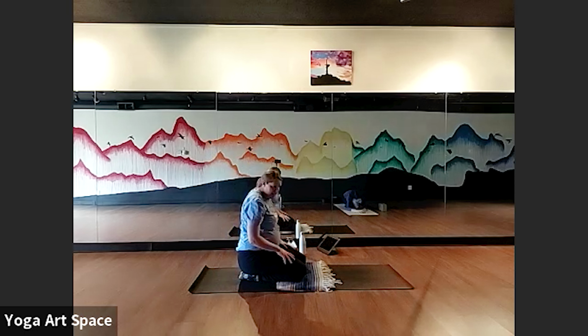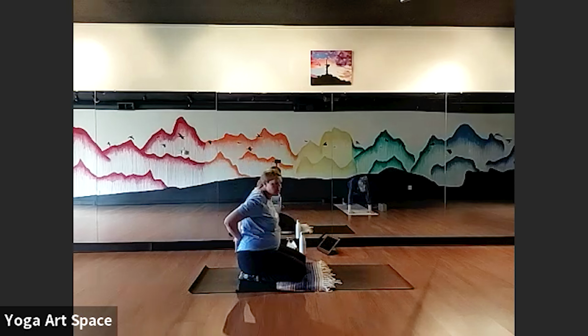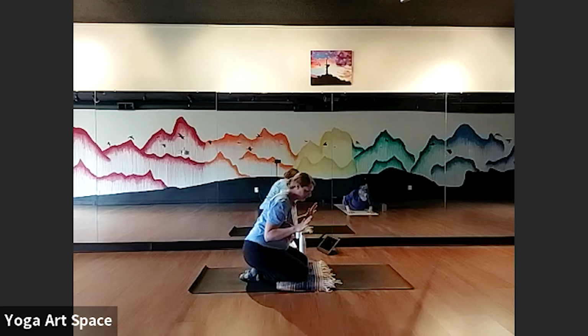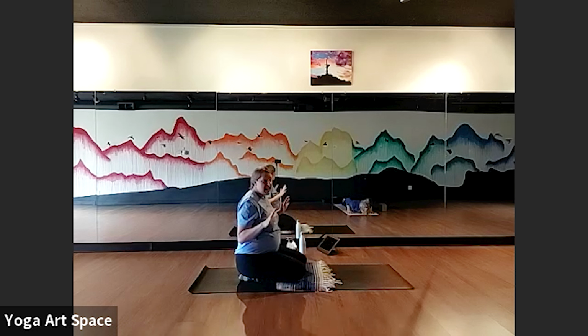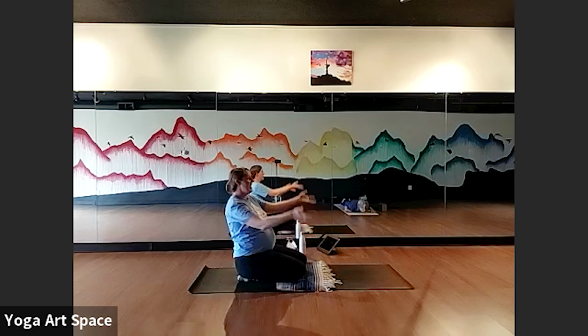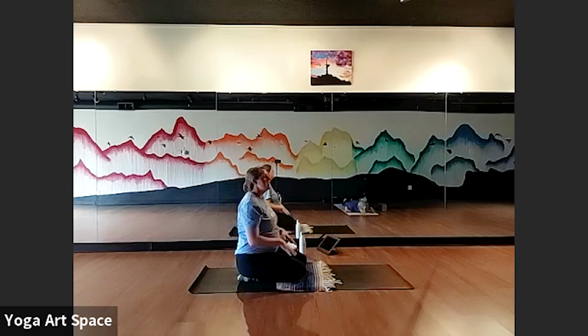Moving forward to plank or kneeling plank. Try to do that slow motion lowering of belly to floor. We're going to do 10 more of those lifts of chest and legs with your inhale. When you're ready, inhale, 10 lift. Exhale down. 9,